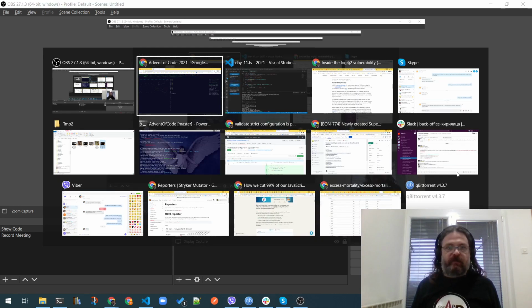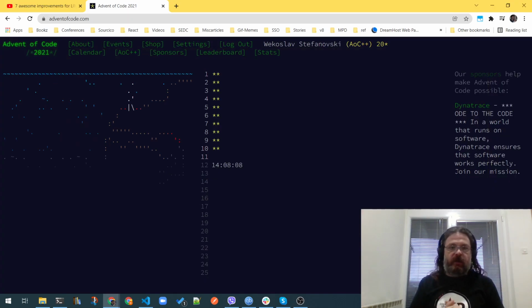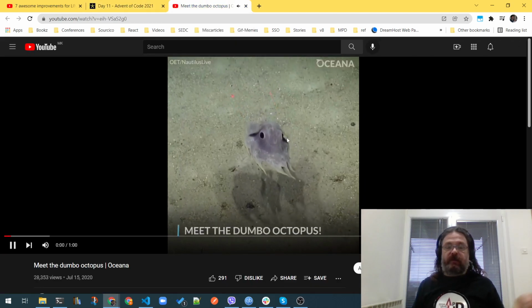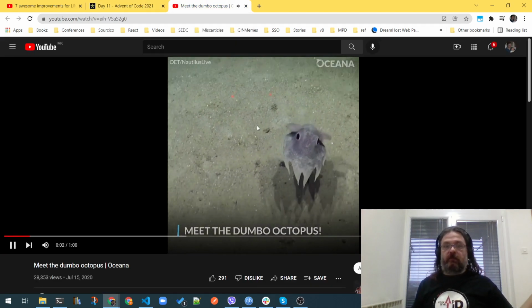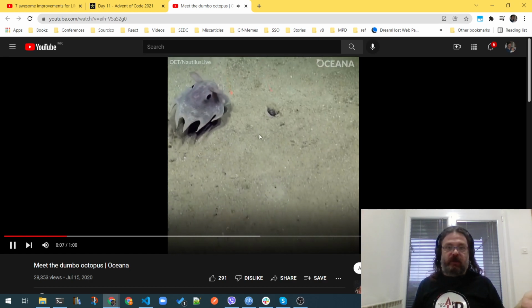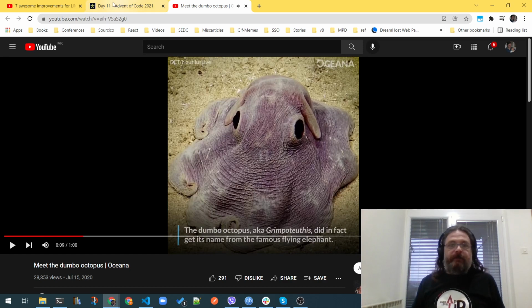My name is Veko and today we'll be solving the 11th problem of Advent of Code. Once more, I have taken a sneak peek at the task, but I didn't attempt any kind of solution yet. Seems that we have a cavern again and we have something that's called the dumbo octopus, which is apparently a thing. Yeah, it looks like the Dumbo elephant, but it's actually an octopus. Okay,